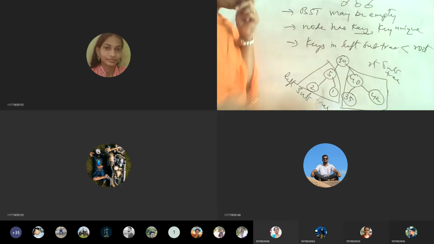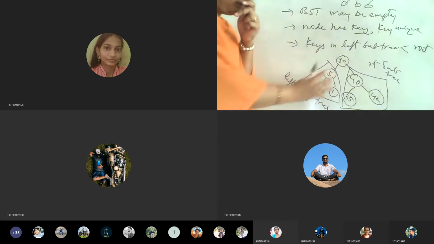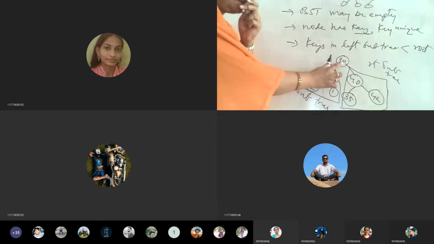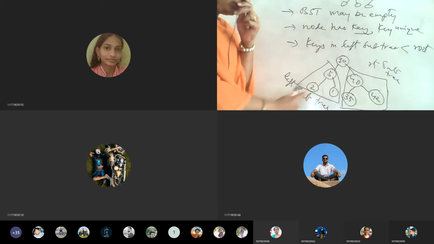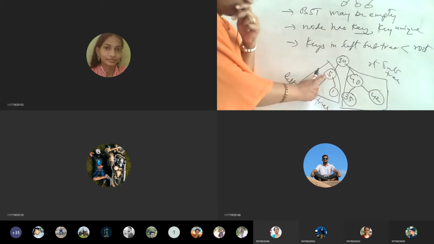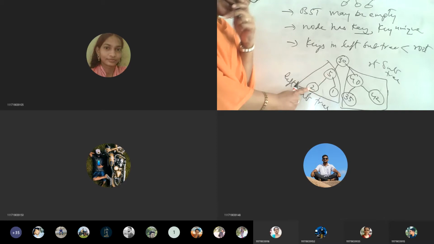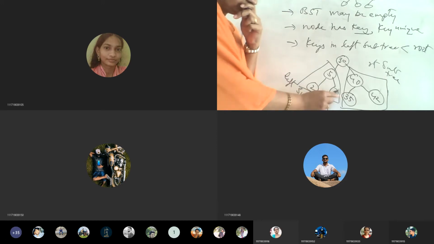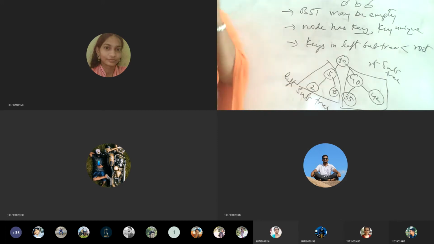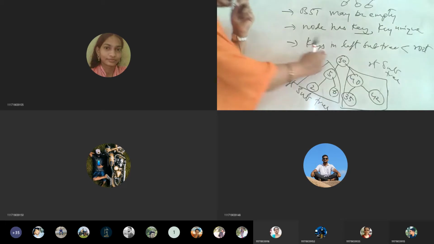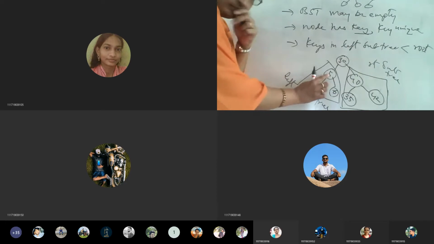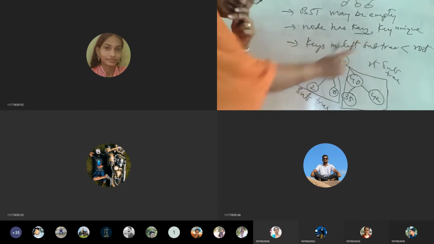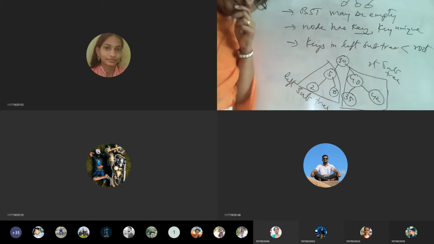So all the elements, when compared to the root, the left subtree will have the lesser values when you compare to the root node. It is applicable for the innermost values also. If you see the left subtree, again here 5 will be the root, so towards its left side, it is lesser. Is this point clear? The keys in the left subtree should be less than the root. Hope all of you followed this point.